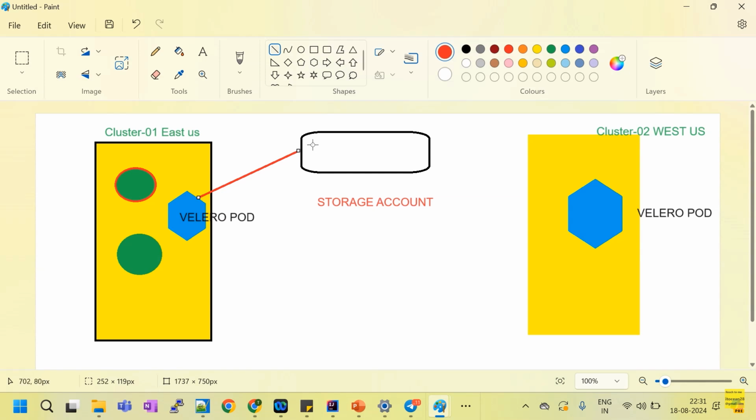When we take the backup, they store the data here. Similarly we have to restore. We have installed Velero on cluster 2 and we can use the same storage account. And then here we can migrate the resource from cluster 1 to cluster 2. Okay, so now we have